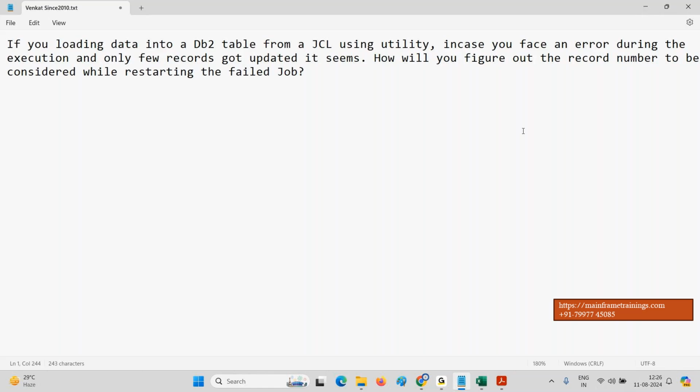Yeah, that's what we understood from his explanation. Okay. Venkat, one more suggestion,